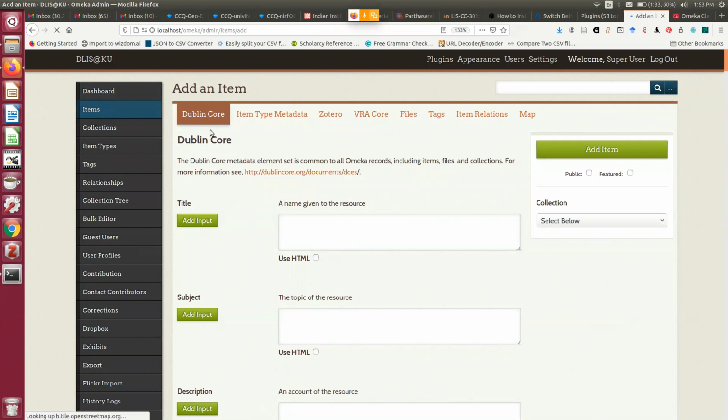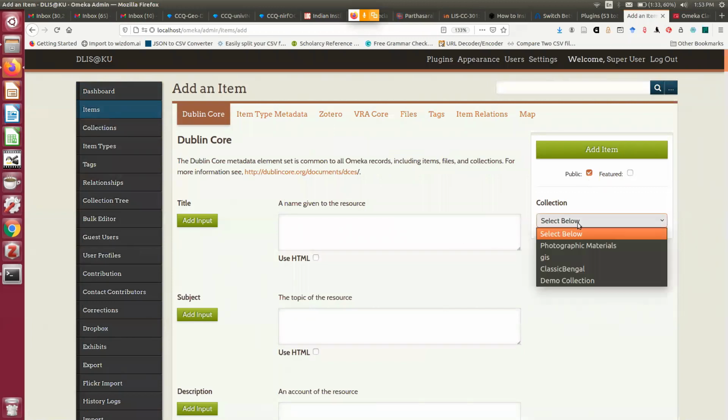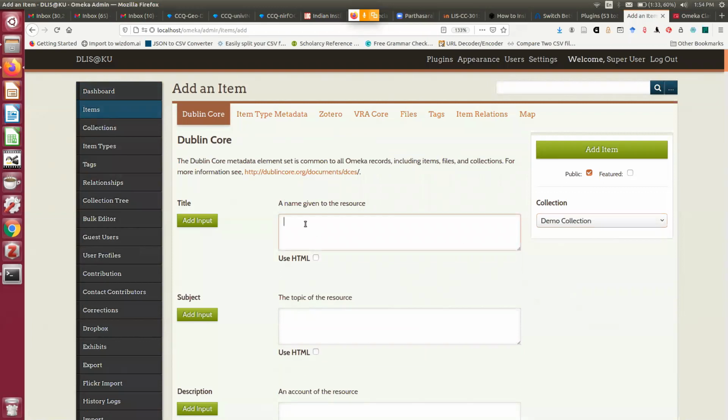So now item level metadata will be coming. So here you can select Zotero, VRA code, and so on. Now this item is public or featured. It is public. In which collection will it go? It will go to the demo collection. Then, let me upload a real file here.